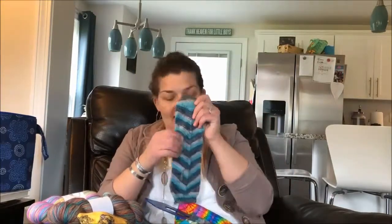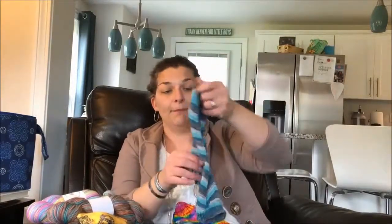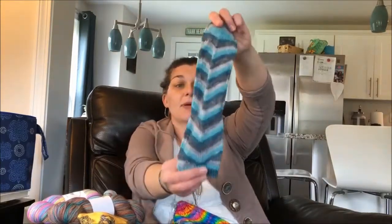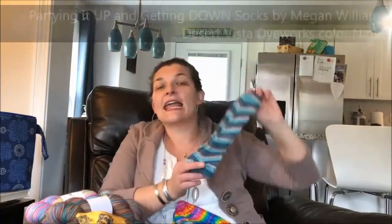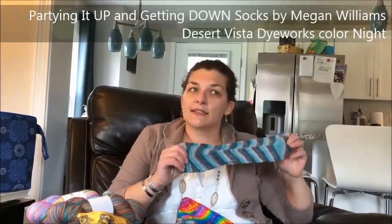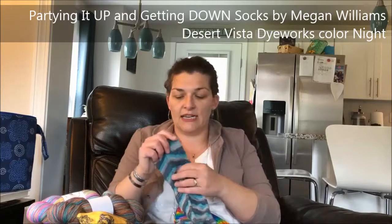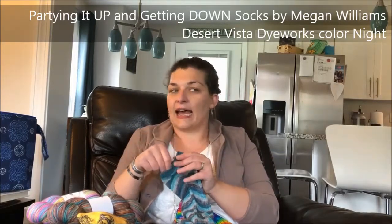I made a mistake, that's why there's a bump there. So we'll take this one off so you can see it. These are the Partying Up and Getting Down socks by Megan Williams of Stockinette Zombies. And you should totally watch their podcast. I love them. I've been knitting socks since '06, so 12, 13 years of sock knitting, and I don't knit